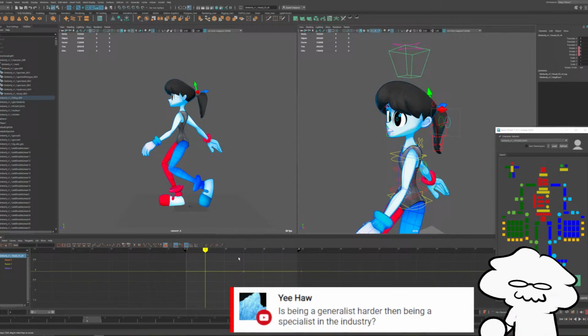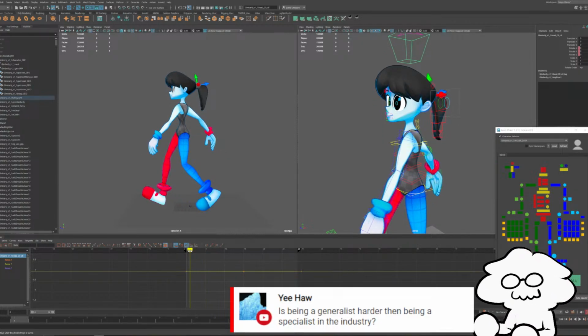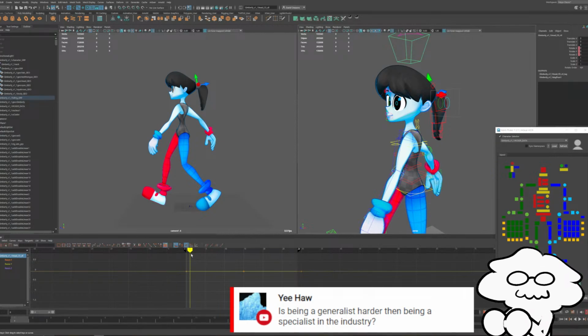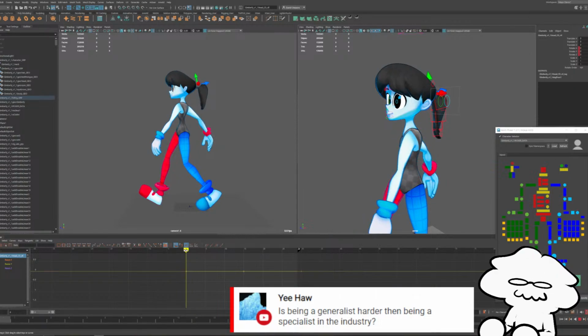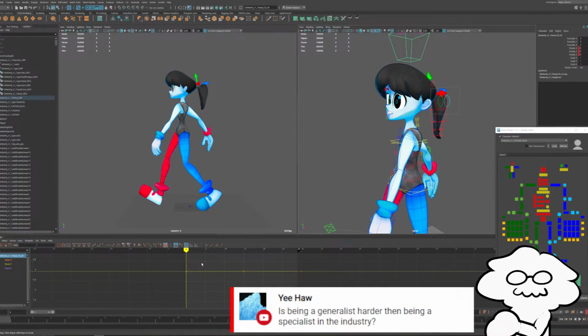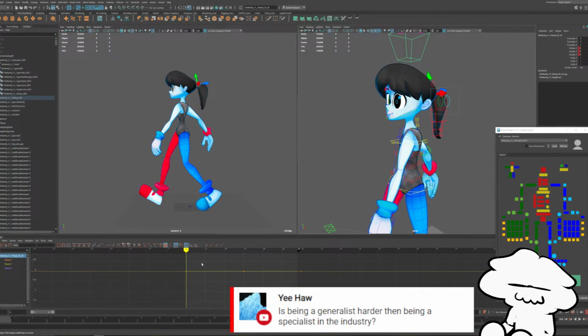Generalists in the industry are mostly useful for small teams or studios that make a lot of small projects, for example, studios that make commercials. A lot of generalists work at studios that make commercials because they work on a lot of smaller projects that all have their own individual teams. So having a lot of different abilities helps across different projects.